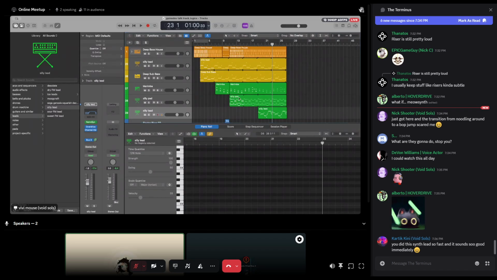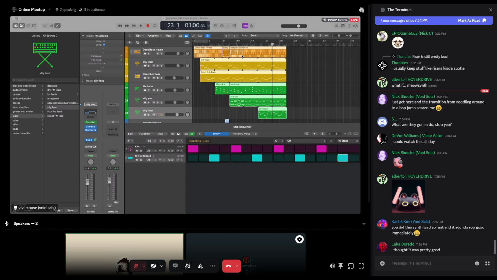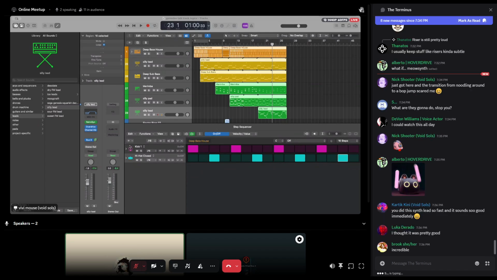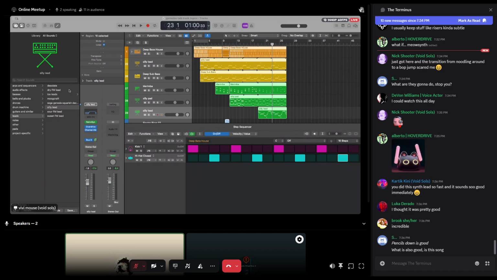I'm gonna post it immediately. I'm not even gonna edit it more. I'm just gonna send it right now because when I'm giving myself a time limit, this is just how it goes. I love pencils down. I feel like pencils down is crucial. If you're gonna give yourself a time limit, you do have to stick with it, or else it doesn't mean anything.